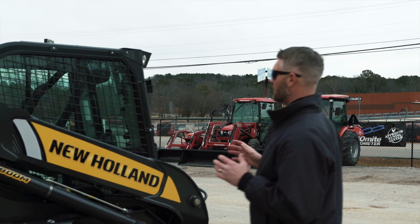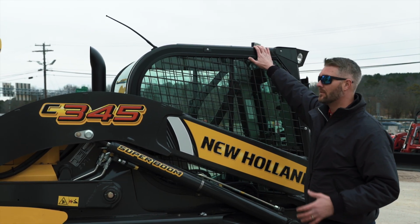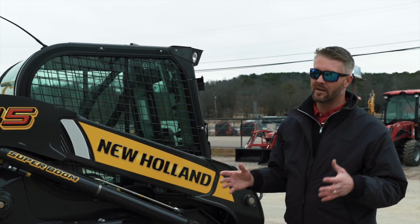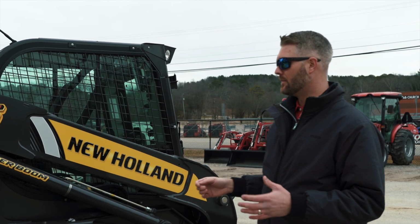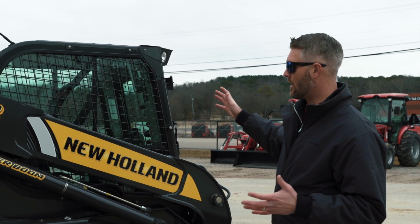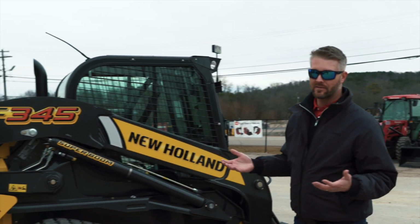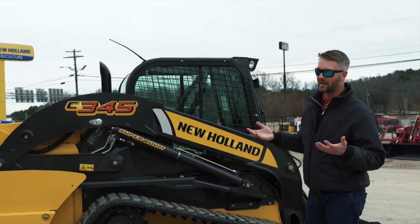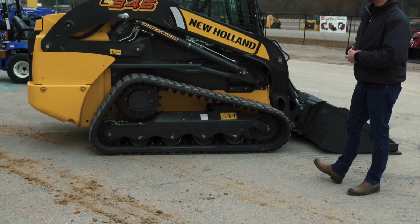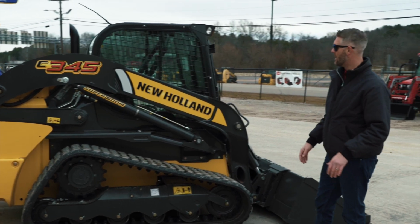But again, going back to the physics and the geometry aspect of this, having this lower threshold cab is going to mean this machine's got a much lower center of gravity than any machine on the market. So when you combine the lift geometry of the super boom and the low center of gravity of the entire machine, what you're going to get is the best lift capacity on the market for this machine class and the best dump reach of any machine on the market. And here in a minute we'll start this thing up and I'll show you the exact lift path, but